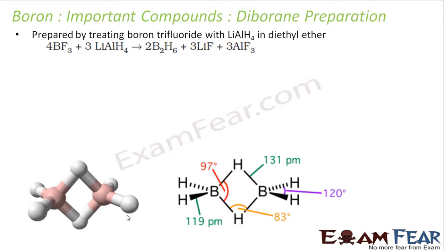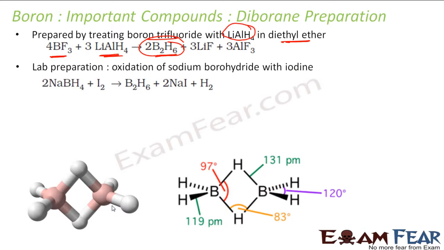We talked a lot about diborane. Let's talk about the preparation of diborane. So it is prepared by treating boron trifluoride with lithium aluminum hydride in diethyl ether. This reaction we have covered sometime in the past itself. We have this BF3, boron trifluoride. You react it with lithium aluminum hydride in ether. You get B2H6. This is nothing but my diborane. This is the shape of the diborane. You must be familiar with the shape of diborane by now.